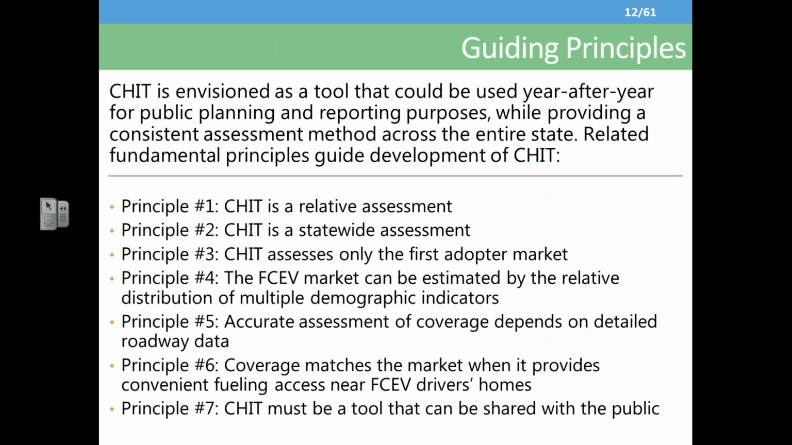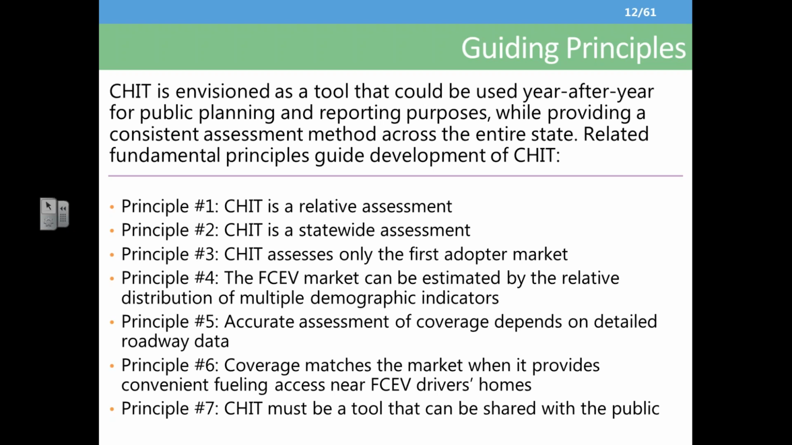And so, as a reminder, there were some guiding principles for developing CHIT that we feel we have to follow for every piece of data that we want to include, and for the entire method. So, the first principle, these are abbreviated versions, but essentially CHIT is a relative assessment. CHIT looks at where is the highest market potential and where is the highest coverage, and do those match, right? It does not necessarily tell you that you need 16 stations in this area in particular to get the coverage that you need for this market. It tells you that your market and your coverage are out of sync, but it doesn't necessarily tell you absolute